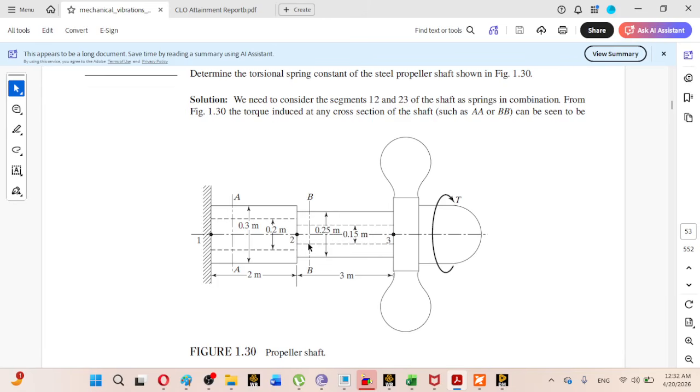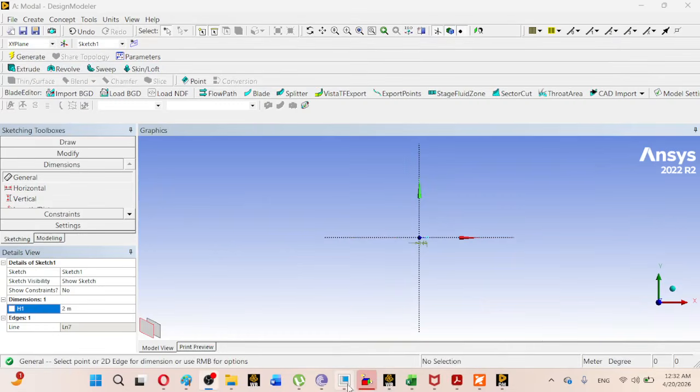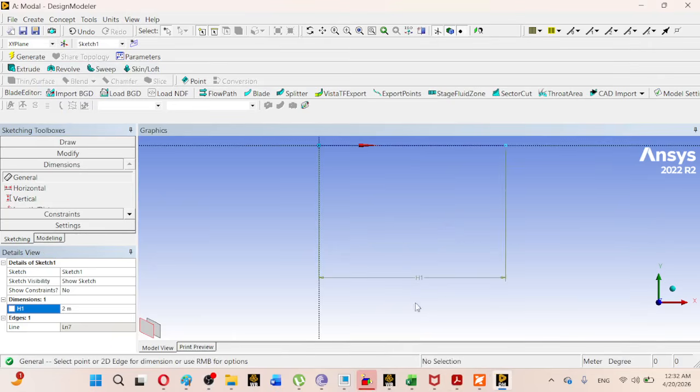But for now, because the material is the same and the value of G is the same for both portions of the shaft, we can create them using a single sketch. So